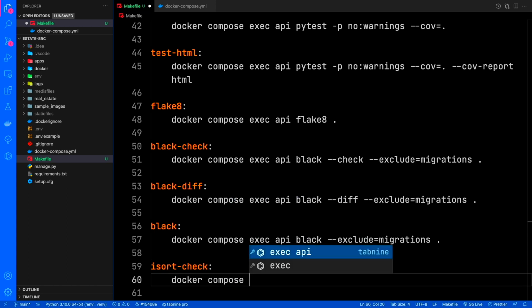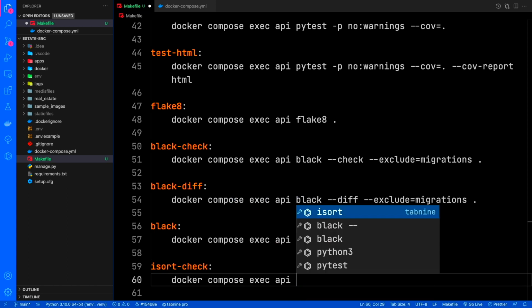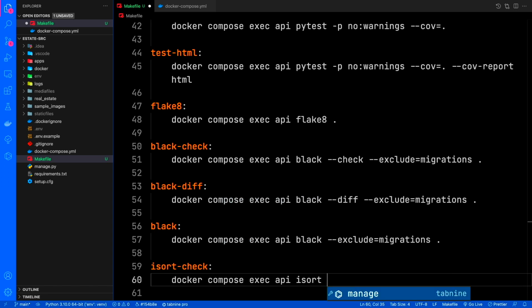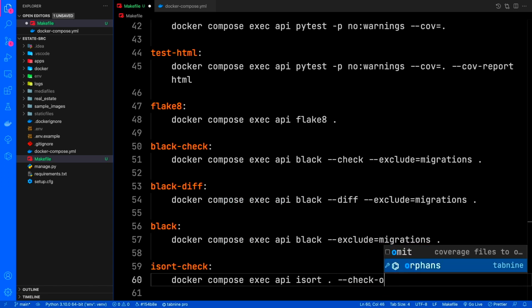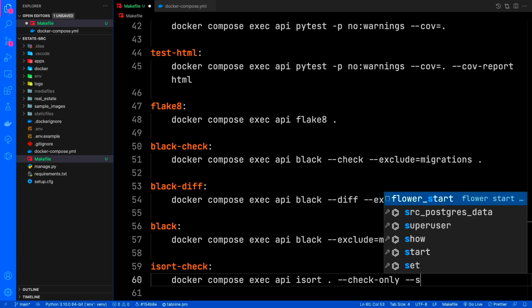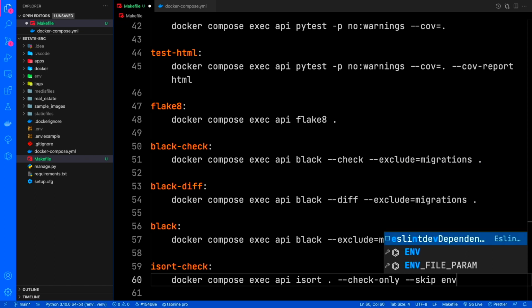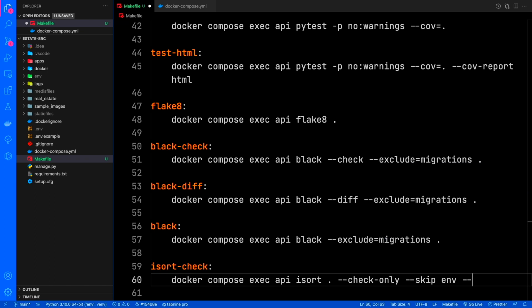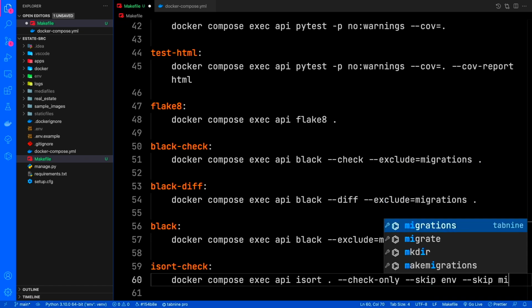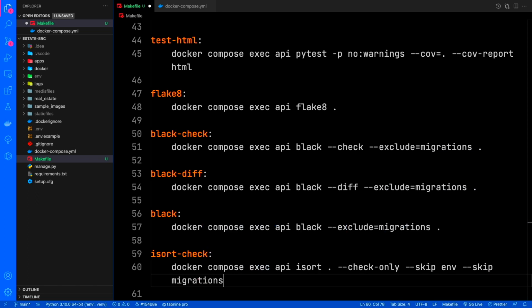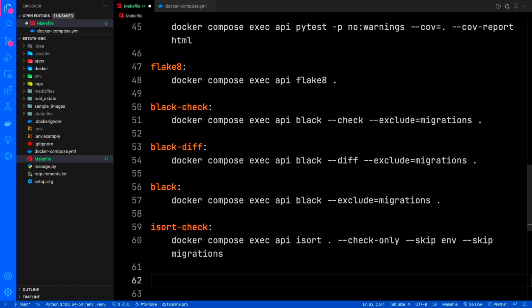Docker compose, execute on the API service isort, like that. In the current directory, check only is true. Then we're going to skip checking the env, our virtual environment, and we're also going to skip the migrations folder. Then you can say isort